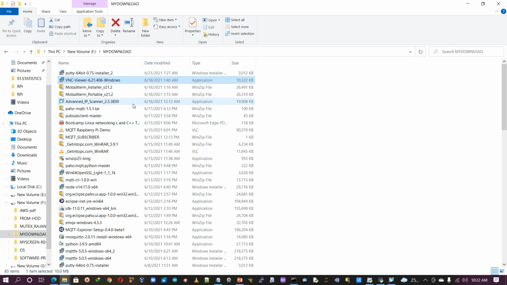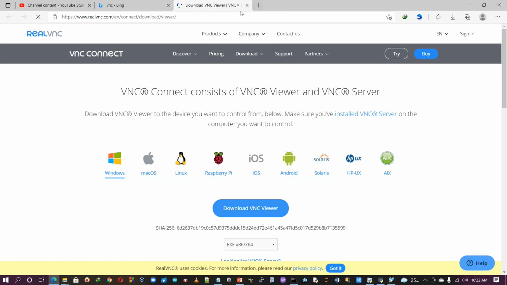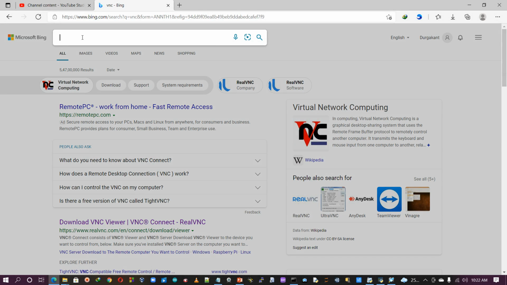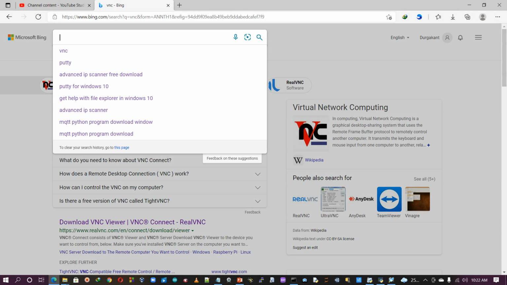Next one, guys, we have to download which one? You have to download MobaXterm.